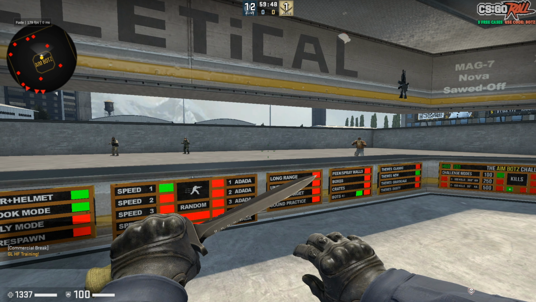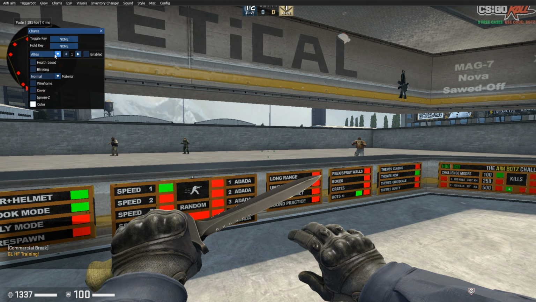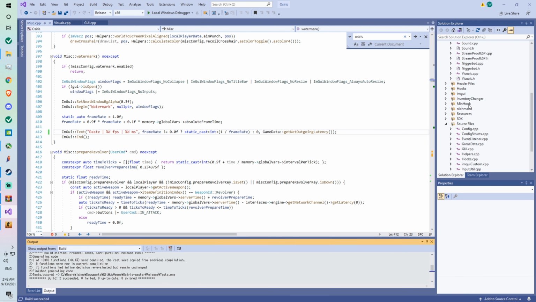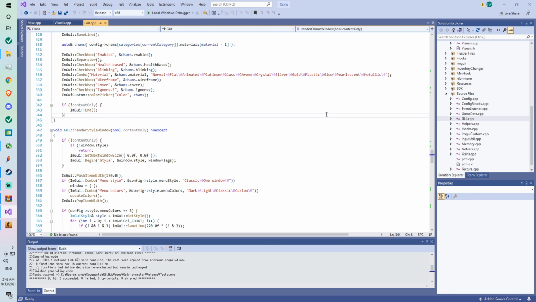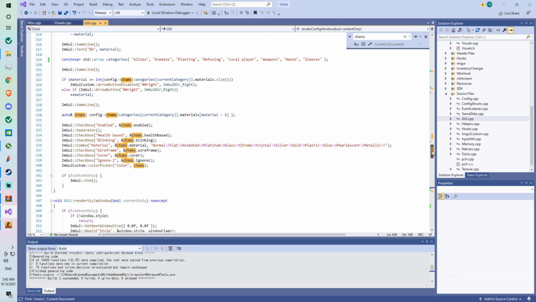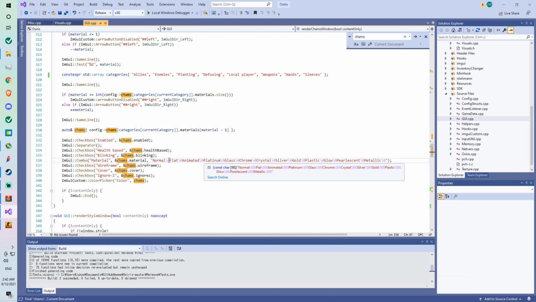So another thing, if you want to remove any of these drop down menus here for shams, go back to GUI, type shams. I think it's up higher. They're in here. So this is materials. If you don't want any of these materials, you can remove them, but be careful because I'm pretty sure you have to remove it like that. You see the one behind it, the slash and the 0, because if you don't, it'll mess it up. Anyway,